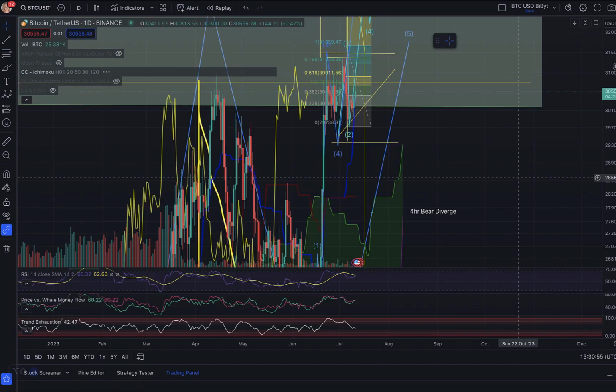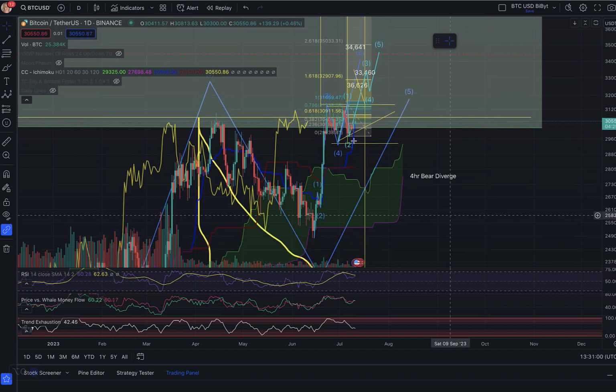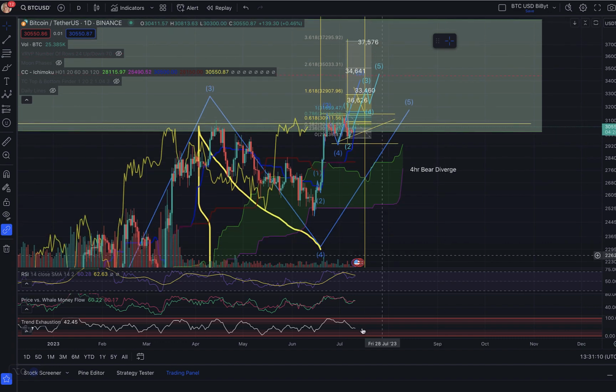So for trading ideas, if you are intraday trading, obviously you wanted to get in at the bottom here and ride that up until you get a signal that we are reversing. I would be looking for the trend reversal either at the top to put in a short or at the bottom to put in a long. And I've got one more